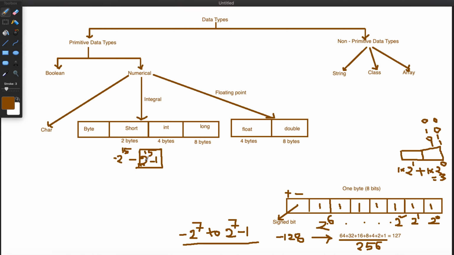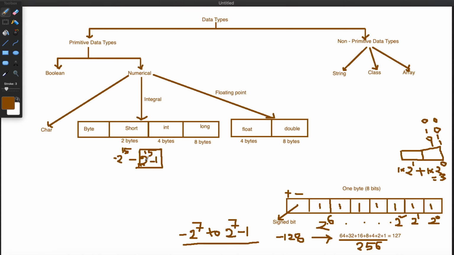You can store a value in a long variable which is from minus 2 power 63 to 2 power 63 minus 1. Or if the value goes beyond the range, it is an overflow. So it is actually overflowing. You can fit the numbers within these two boundaries into a long data type, whereas for the int, it is minus 2 power 31 to 2 power 31 minus 1.